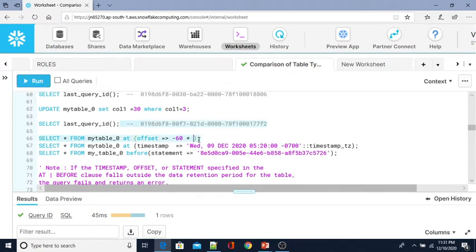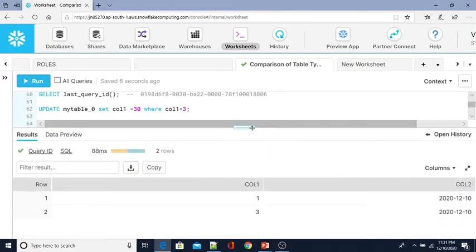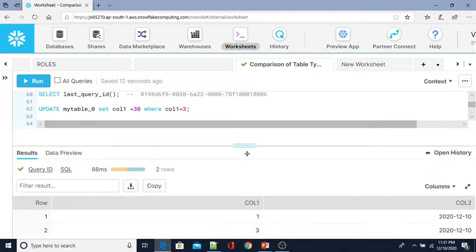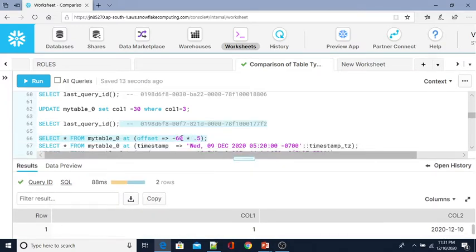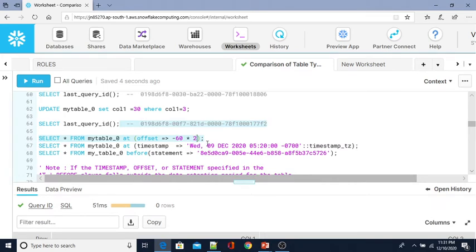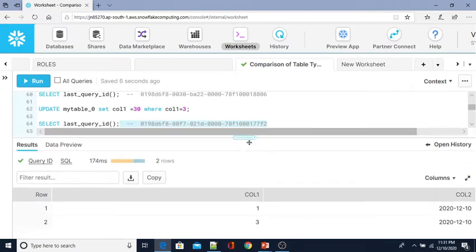So here let me try with before half a minute. Yeah, so before half a minute it was 3. That means just now I updated it as 30, but before that, within half a minute, it was 3, using minus 60 into 5 as the specific time. Now if I check before 2 minutes, before 10 minutes, by that time the table had just been created and we didn't insert. So let me put 1 minute. So 3, by that time only the deletion happened but the update didn't happen.